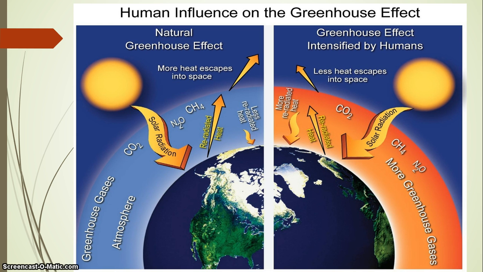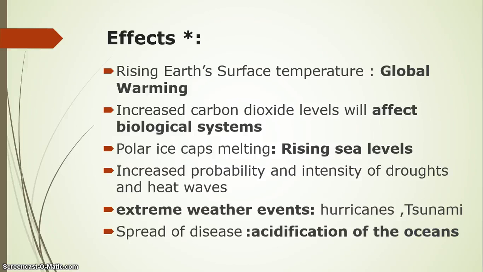The natural greenhouse effect is very important, but due to the increasing greenhouse effect intensified by humans, more radiated heat is absorbed in the atmosphere, which makes our atmosphere hot, due to which we have certain types of